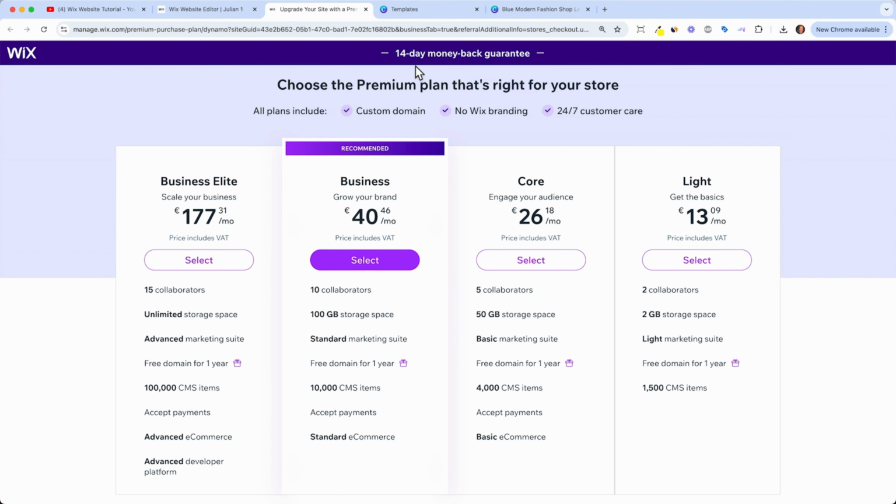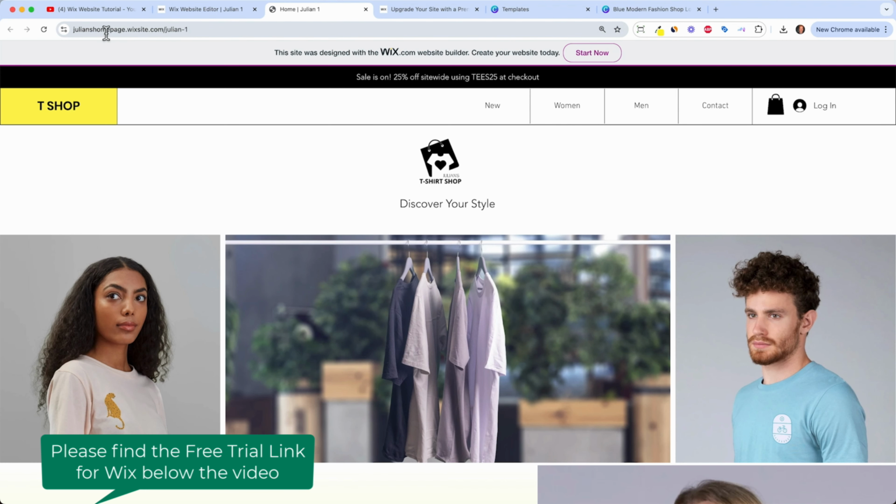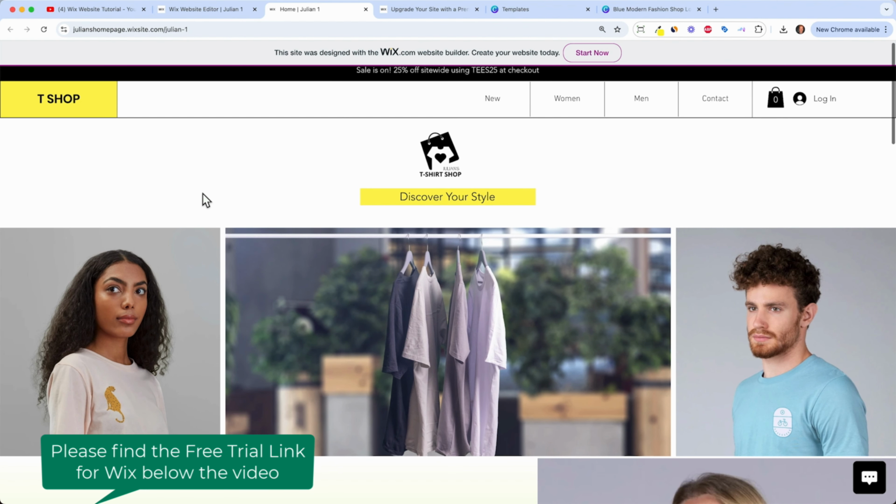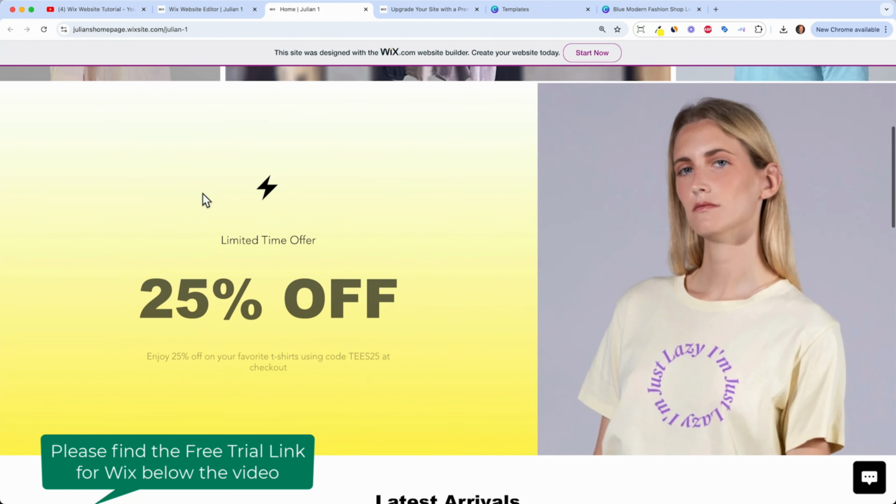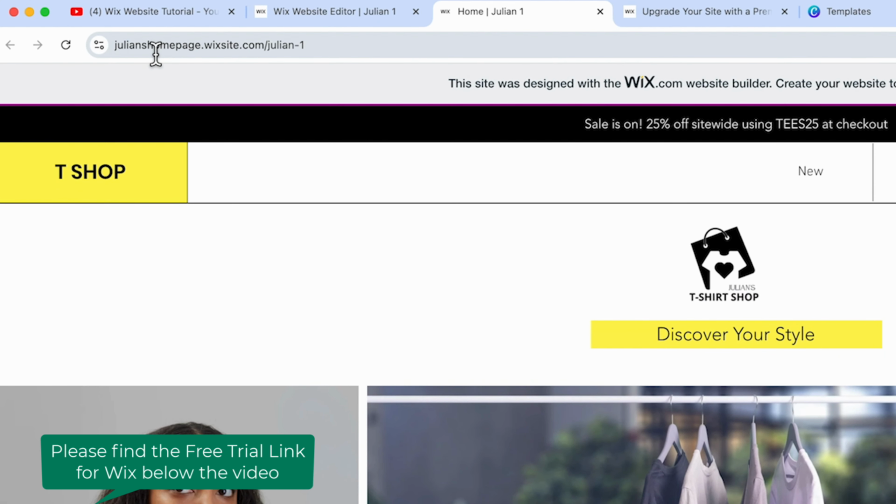And in the next step, it will ask you to connect your personal domain. So find a .com domain or a .shop domain for your store, and then it will take up to 24 hours and Wix will connect your domain to your website. As long as the domain is still connecting, you can just go back and you will have your dummy domain, because when we publish our site, you will get a dummy domain and you can use this to send it to, I don't know, your co-founders or your colleagues, and then they can already give you feedback on your site,